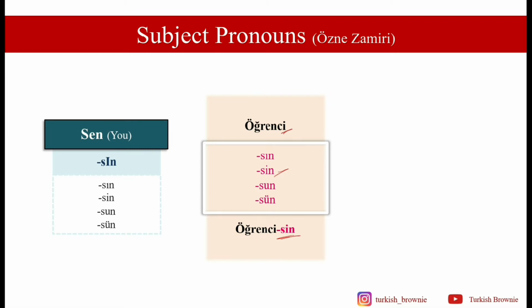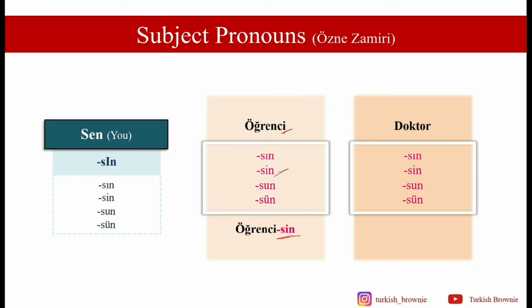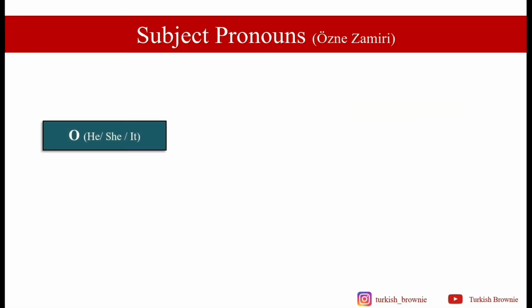You are a student. Now looking at the other example, doctor. We have these 4 options. So since the last vowel here is O, we're going to use the U form and the word becomes doktorsun. You are a doctor. And for the Turkish pronoun o, which is used for he, she, and it, there is